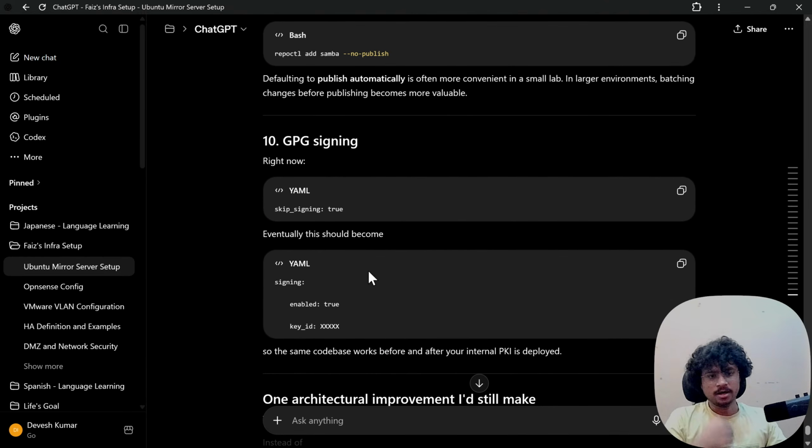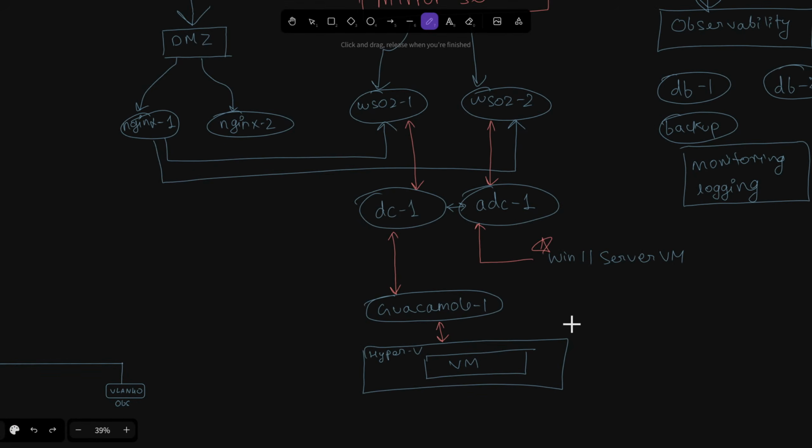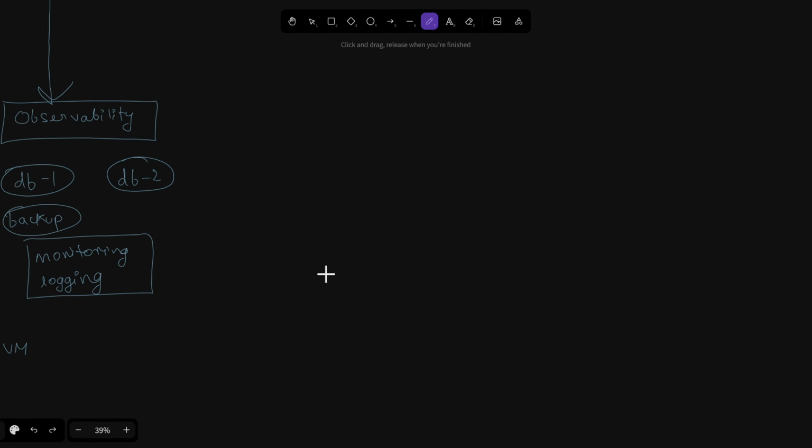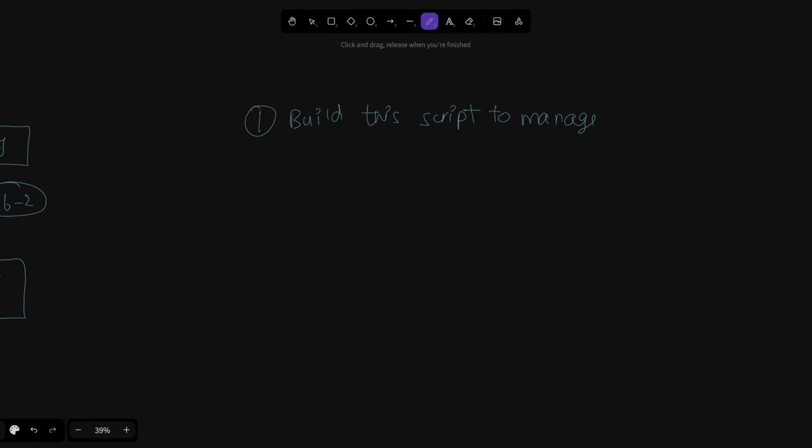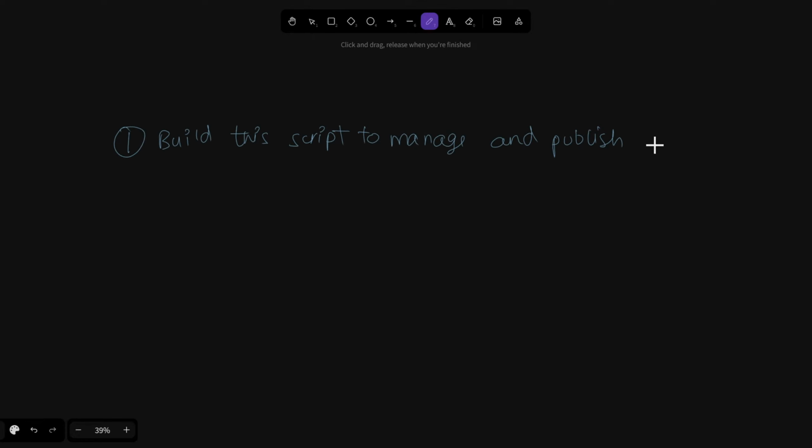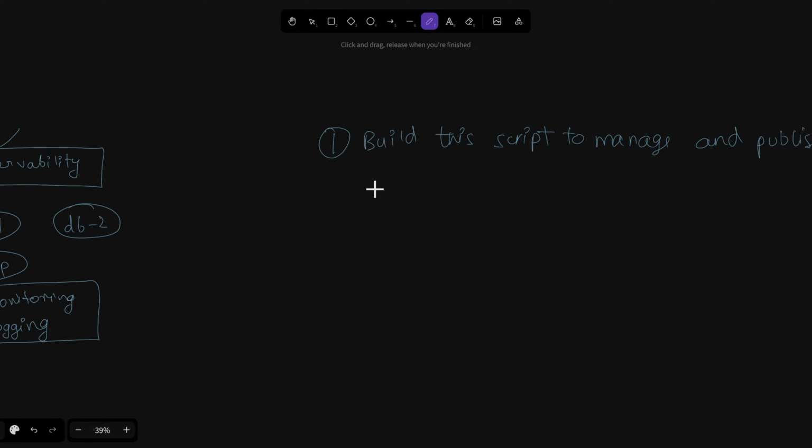The next steps are to first of all build this script to manage and publish packages.